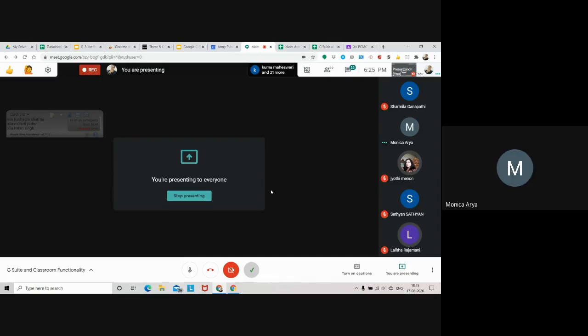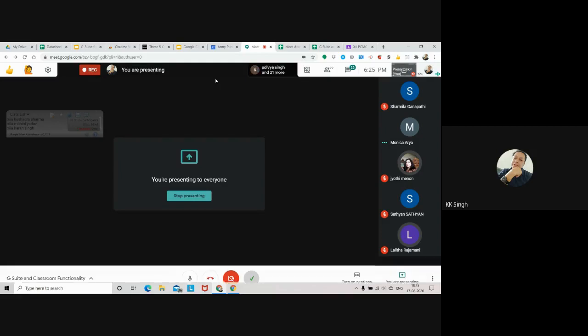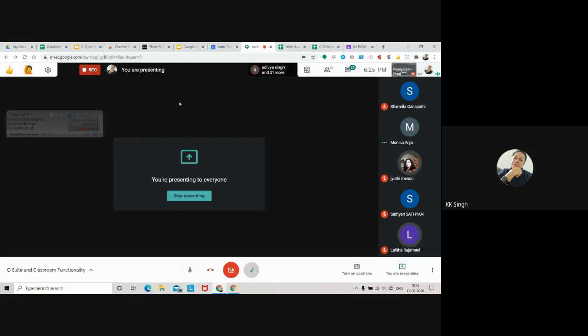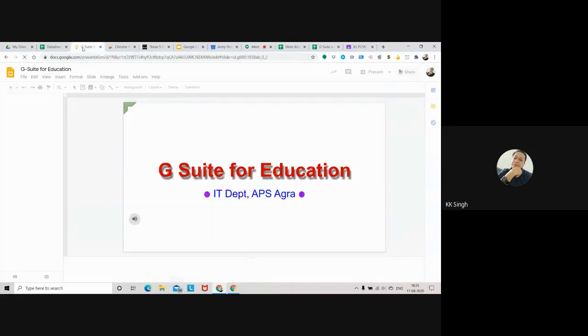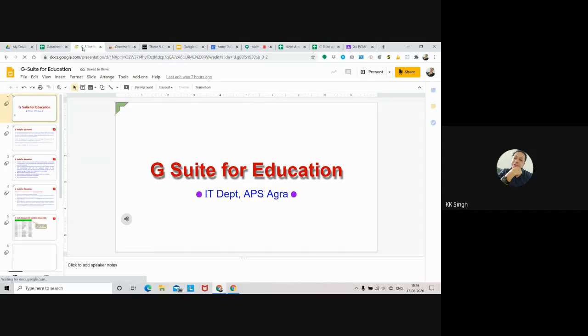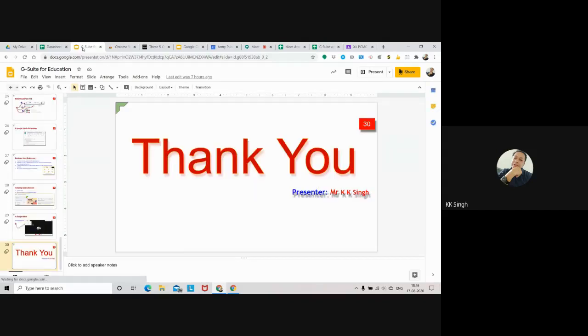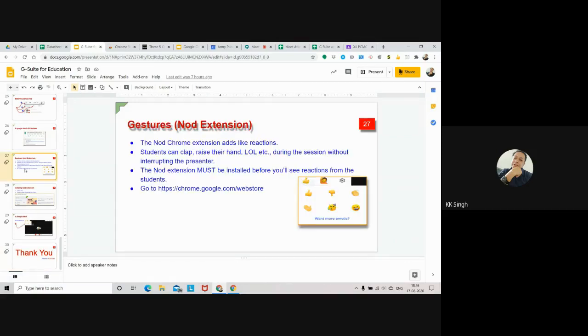Lightshot is a small app which, if I use Lightshot here, like I'm using say G Suite, since Lightshot is already installed in my system, and if I want to select this portion only, very easily I can select only this portion, like from print screen it is activated.